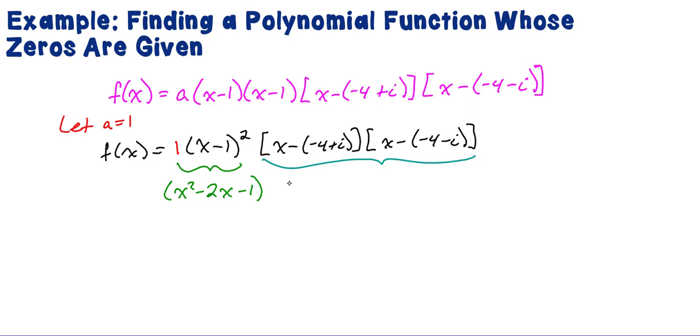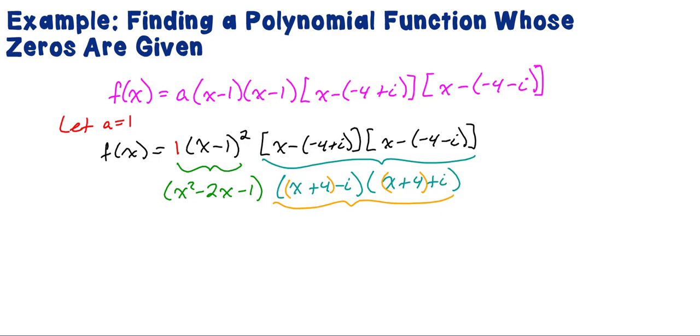We could rewrite this as x plus 4 minus i, and this one as x plus 4 plus i. So we could really group these two right here. Okay, so if we multiply these two together,